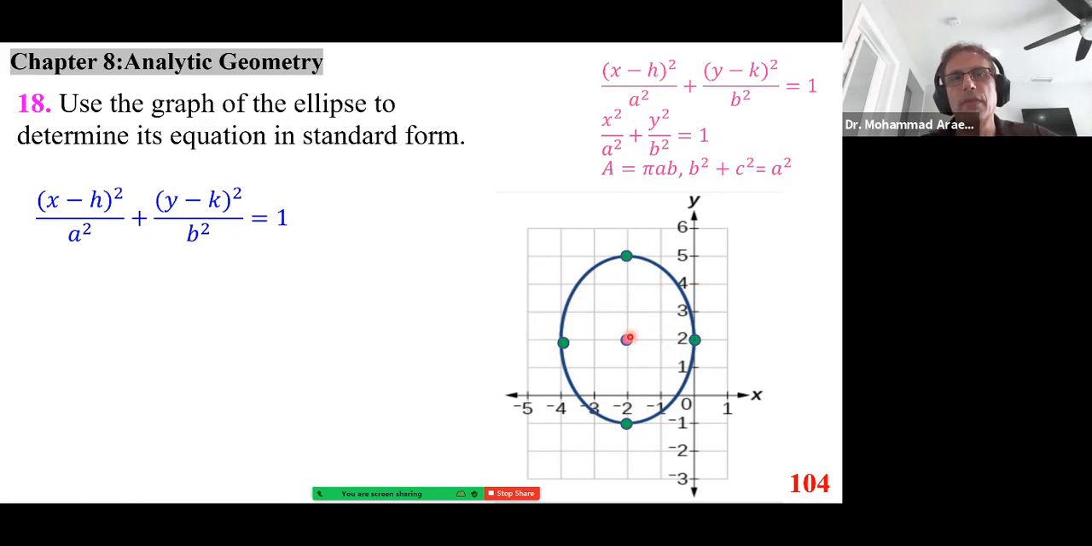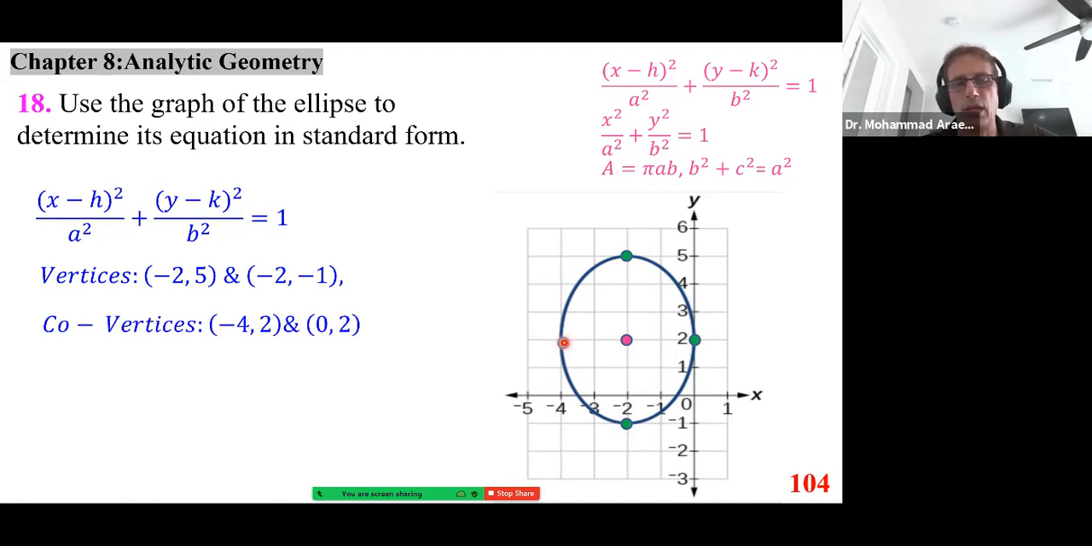The center is located at -2, 2. -2, 5 is one of them. -2, -1 is another one. So we have those vertices. We have this one and this one co-vertices. As I mentioned, we have the center. And now this distance, which is 3,